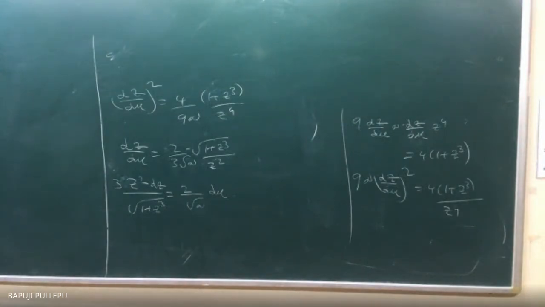Okay, yeah. Now, tell me, integration of 3z square root of 1 plus z cube is what? Sit freely, this side also can sit. Air will come. 1 plus z cube, you can take as t square. By substitution, 3z square dz will be dt. Final answer will be root 1 plus z cube.